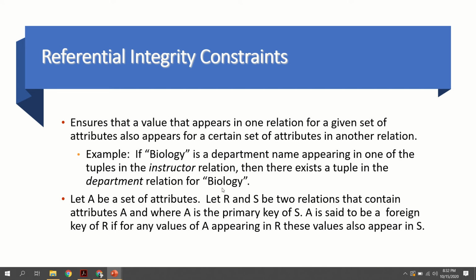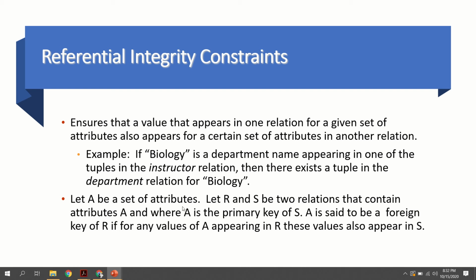Then only the insertion operation will be performed. Otherwise, the referential integrity constraint will be violated. So we will get an error message if we are inserting a new instructor whose department is not present in the department table. In other words, this gives the explanation of the referential integrity constraint.